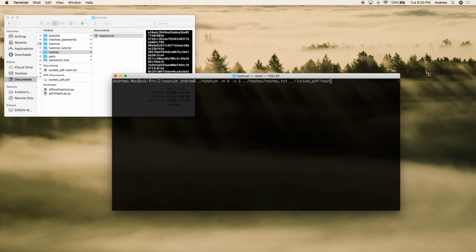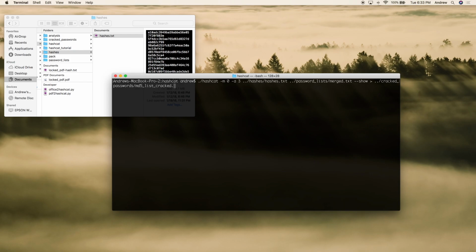And so just a really super easy shortcut. But anyways, getting back to Hashcat, so we're looking for an MD5, we're going to do -a3, we're loading in our hashes, and then we're going to go ahead and load up our password list. So that is merge.txt. Again, we want to show this, and then we're going to output this to our cracked passwords folder, and we'll call this MD5